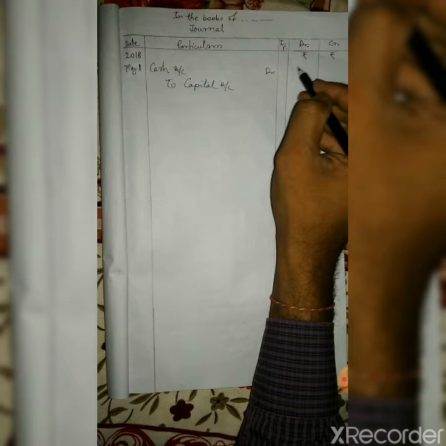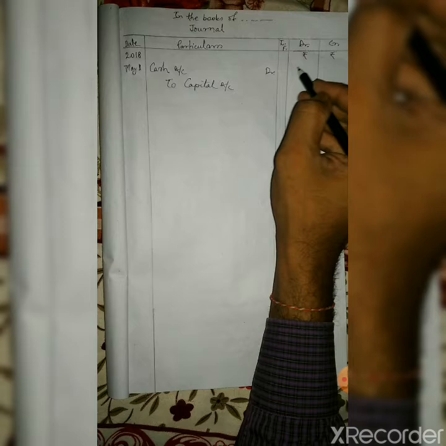Now see what is the logic behind this entry. So there is a separate entity concept under which all entries are made. This is a fundamental rule of accountancy that the owner of the business is treated differently from the business itself. Now here journal entries are being made in the books of Vishal Brothers, not in the books of the owner.